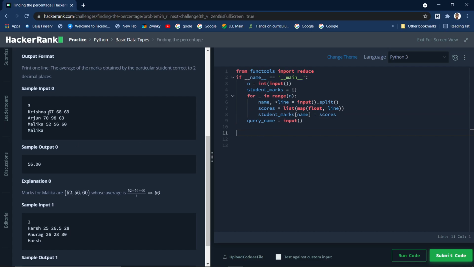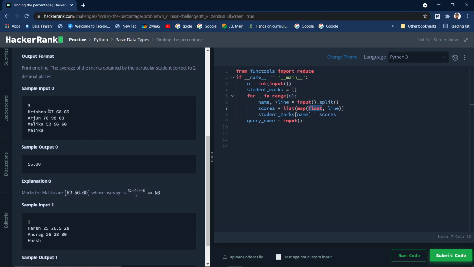All the marks can be given in any format like integer, float, but we need them strictly in float. That's why we are using a map function, which accepts a function that needs to be applied on a particular sequence or iterable. What the map function does is it accepts the float function and also an iterable or a sequence, and it applies this float function for each element.